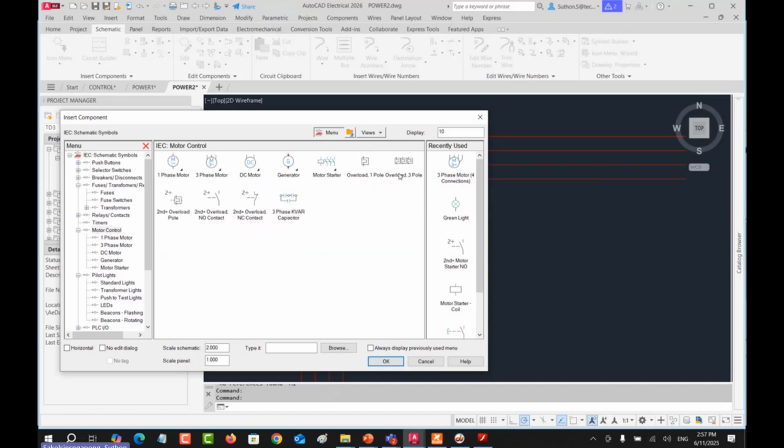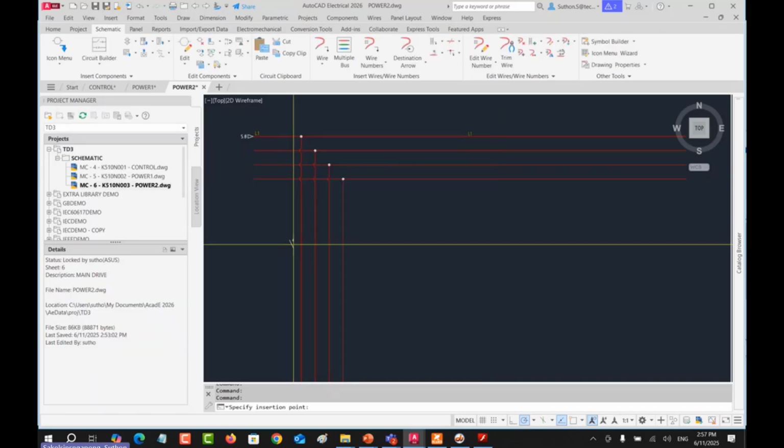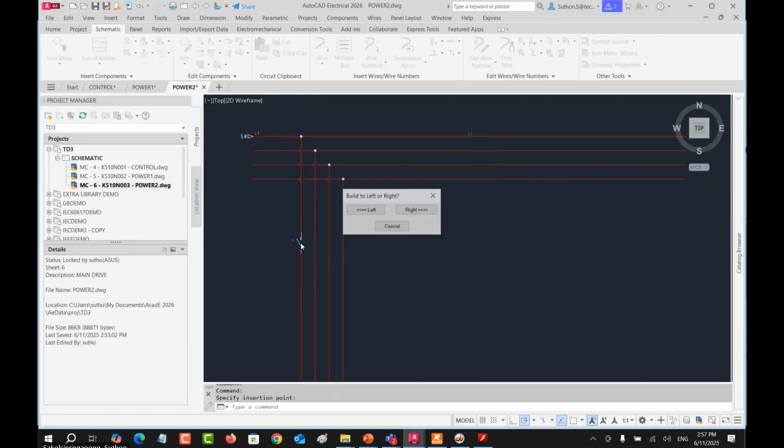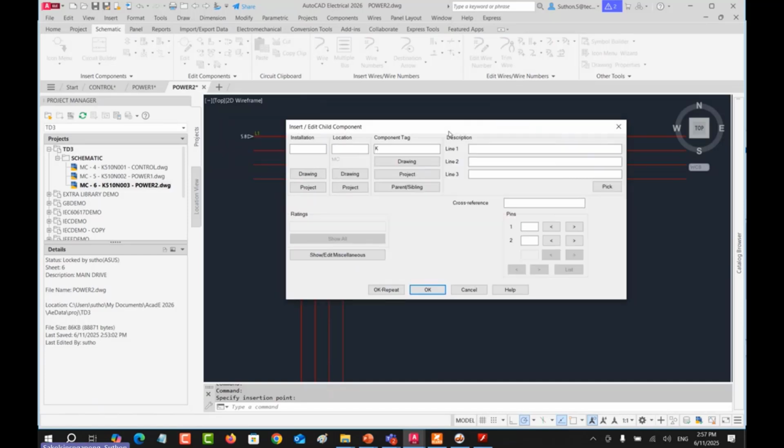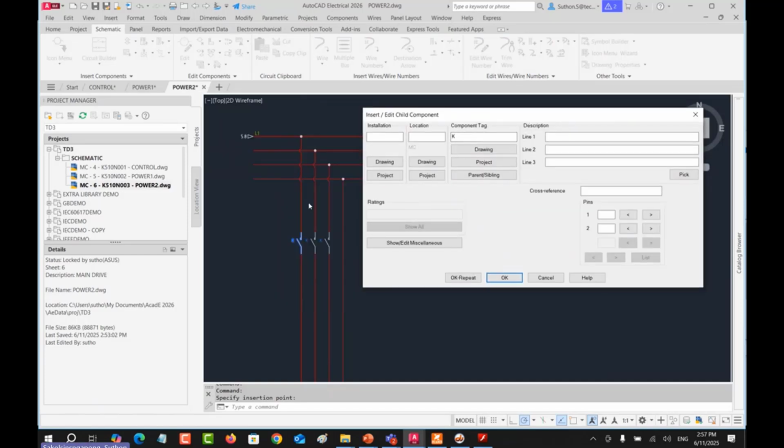For this one, I will put this starter first. Why? Because if you quickly assign the wire number, once you assign the component, the wire breaks, right? And the wire number has to be changed. It's quite complex. Maybe you have to recheck.